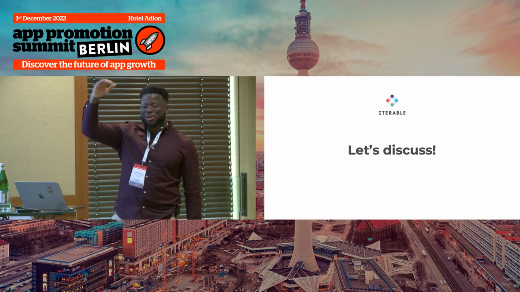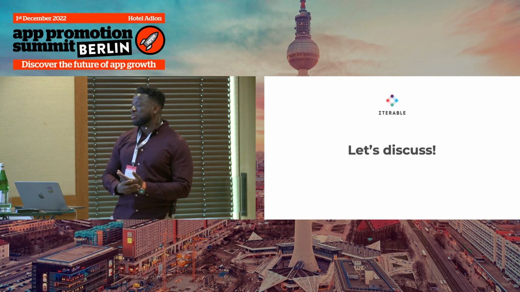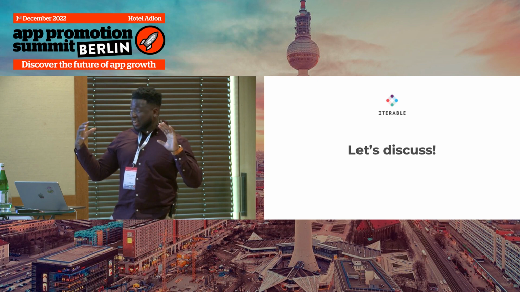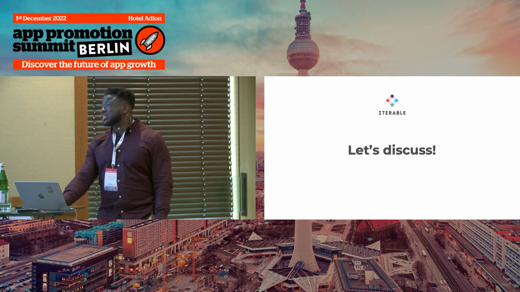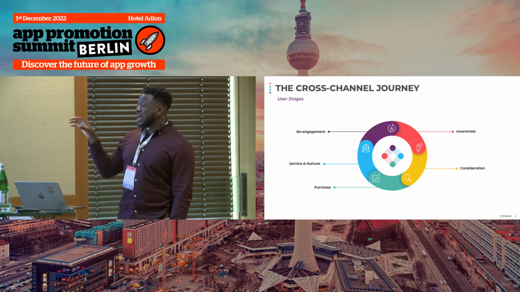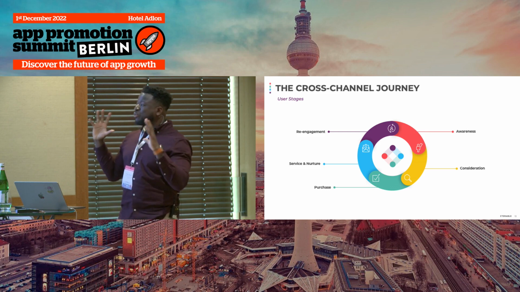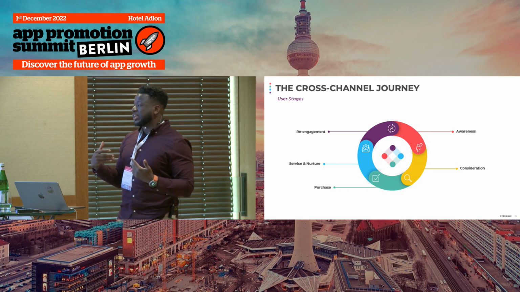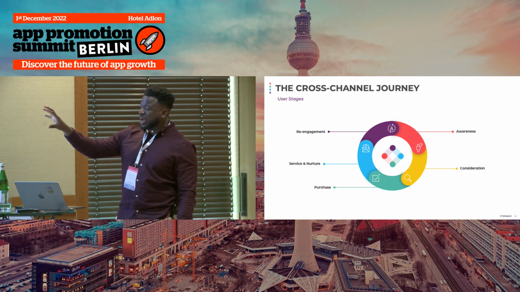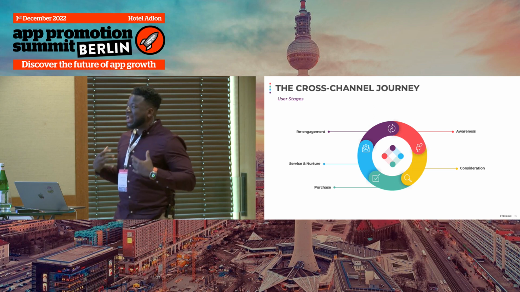And I think most of you, to be honest, had your hand up for the first one, which is interesting. And hopefully this will be a reminder perhaps of some of the things you're already doing, or you'll see some new things that you weren't doing beforehand. But this is the cross-channel journey that we use in Iterable. And in this first stage, we're looking at it from the perspective of an end user. I'm sure many of you have seen versions of this or your own iterations of this, but really there are 5 stages that an end user goes through.